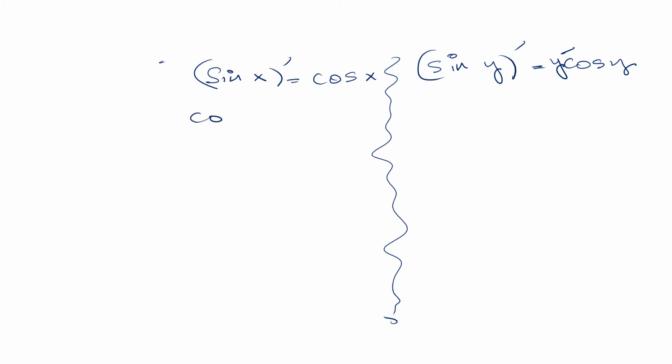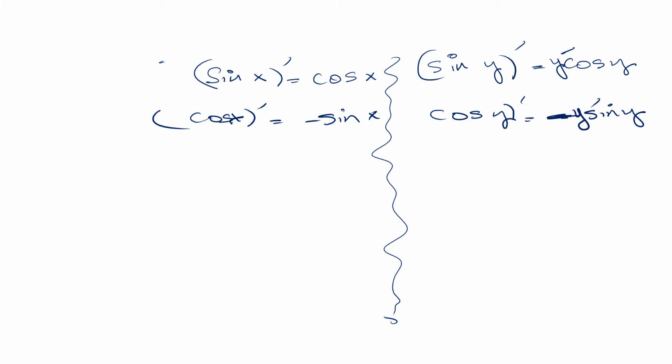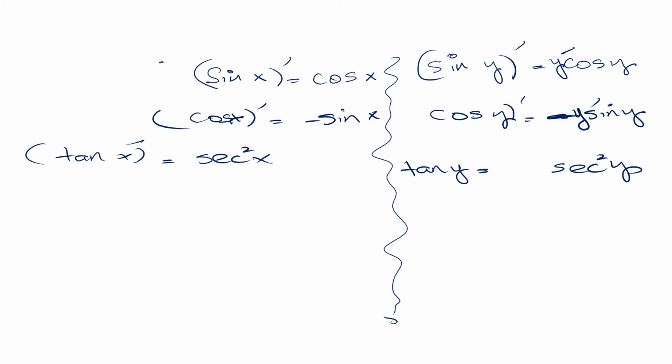Similarly, the derivative of cos x is negative sin x, and the derivative of cos y will be negative sin y, and then y prime. So I will write negative y prime here. Okay, so the derivative of tangent x is secant squared x, but the derivative of tangent y is secant squared y and y prime,